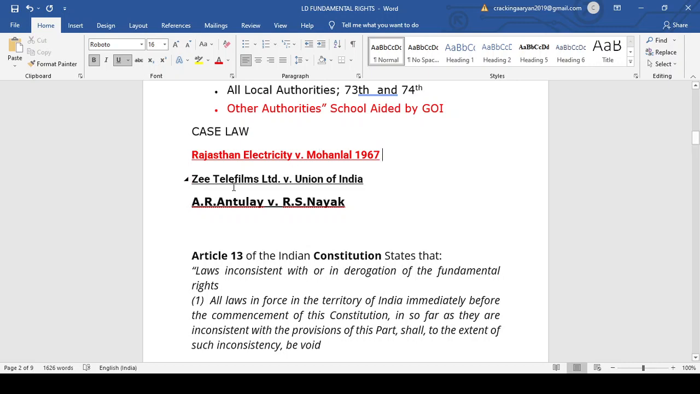So this was in Rajasthan Electricity Board. So it is not necessary that the particular organization should be functioning for a sovereign function only. Then in that case only it will not be considered as a state. Next we have,